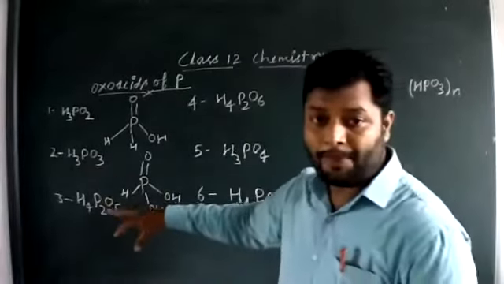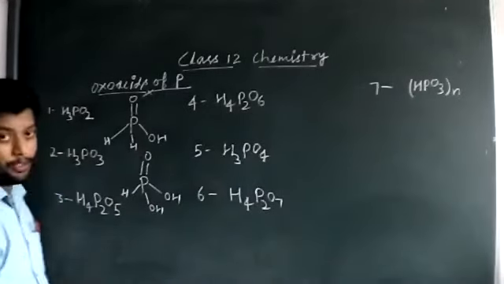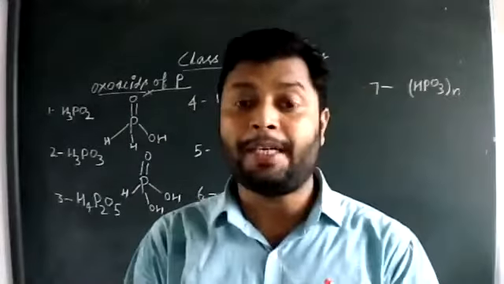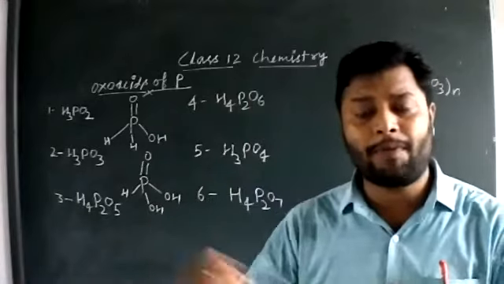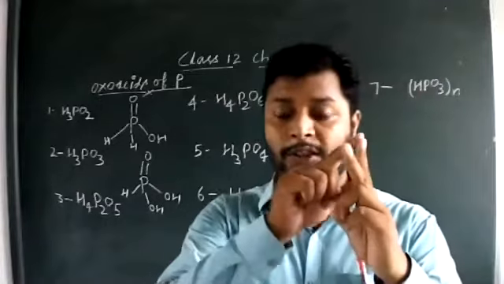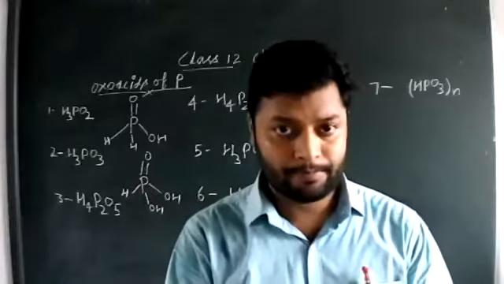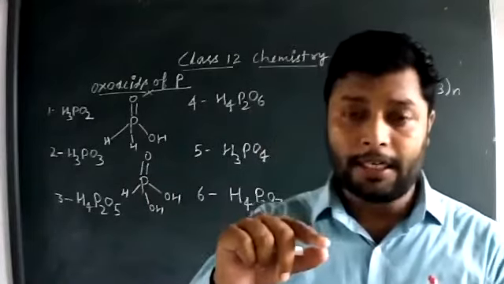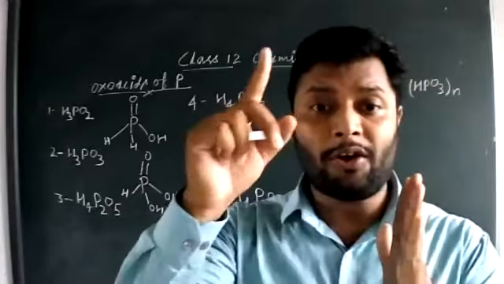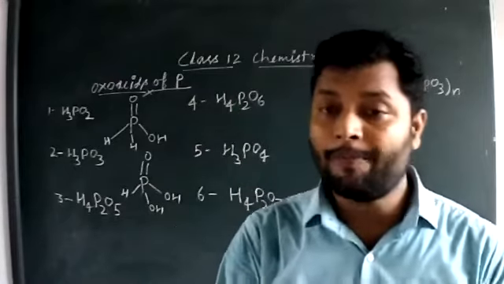The same pattern will be applicable for H4P2O5. Let's draw the structure again. One more thing. Suppose the number of phosphorus atoms is repeated, 2 phosphorus, 3 or 4 phosphorus, there are 2 possibilities of making a bond. The first possibility, phosphorus bond with phosphorus, called a P-P bond. Or there will be a possibility of phosphorus bridging through oxygen to the next phosphorus. That is called a P-O-P bond.